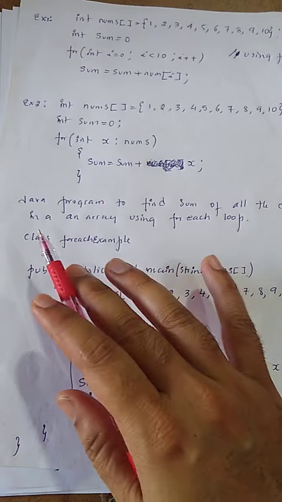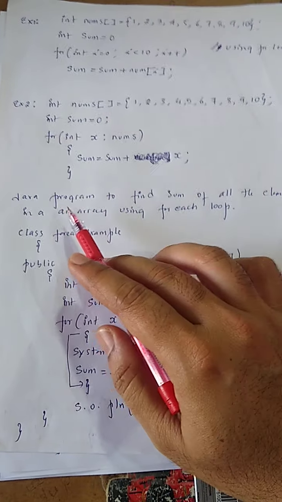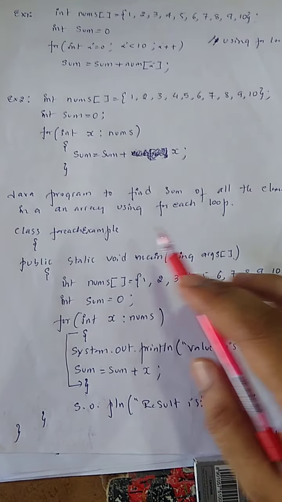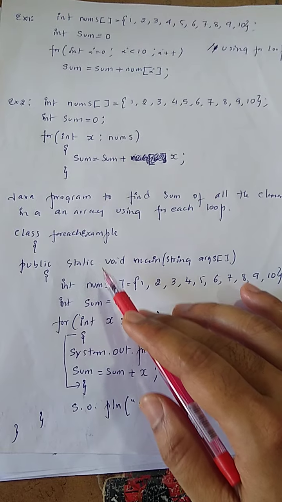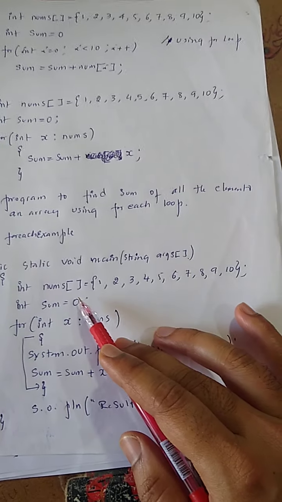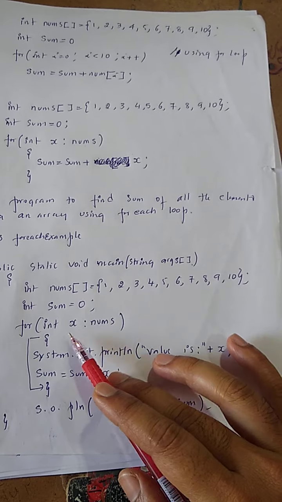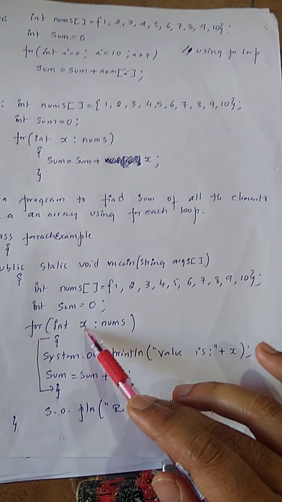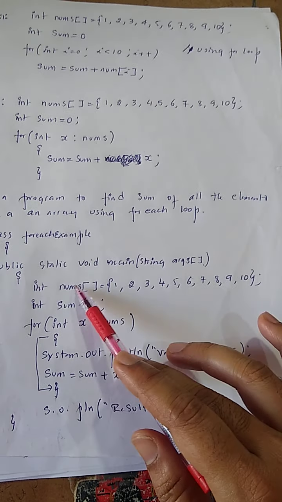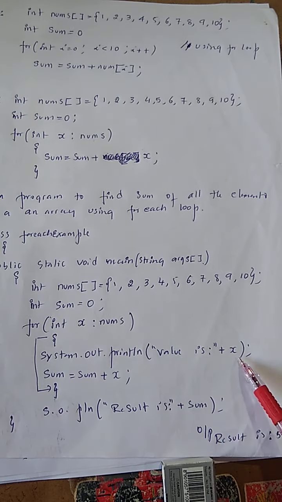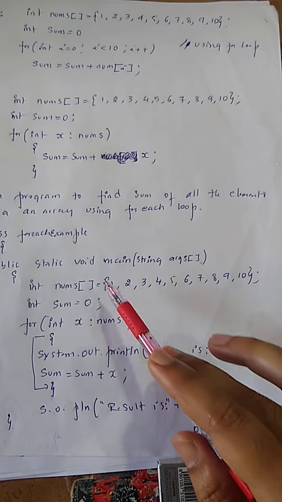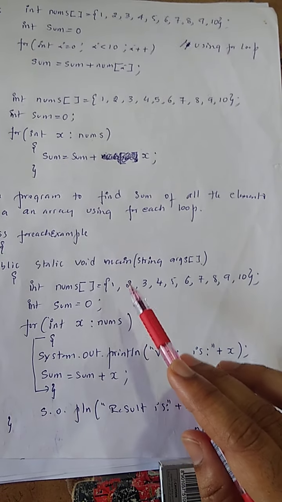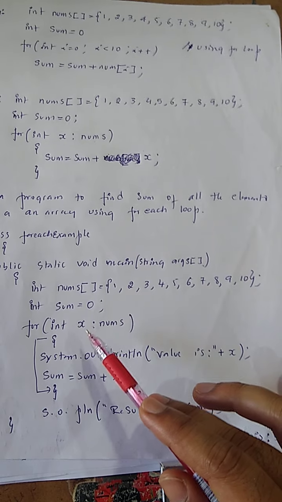Okay. So I wrote the same complete Java program to find the sum of all the elements in an array using the for each loop. Class ForEachExample, public static void main. I've taken the same array, sum initialized to 0. Next I've taken the for each: first the data type, that should be the same as the collection, then any variable name, colon, then the collection name, numbers. System.out.println prints the x value. First it will print 1, and next that will be added with sum. Then numbers will assign the second value, 2, to x, and that will be printed.